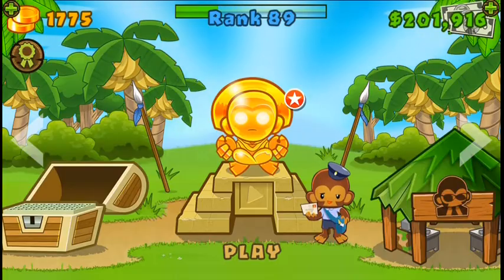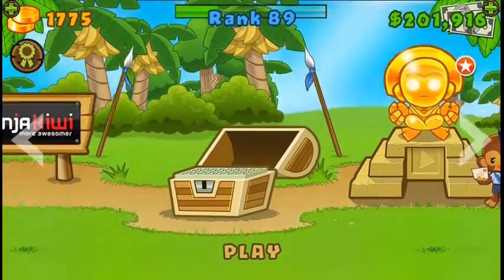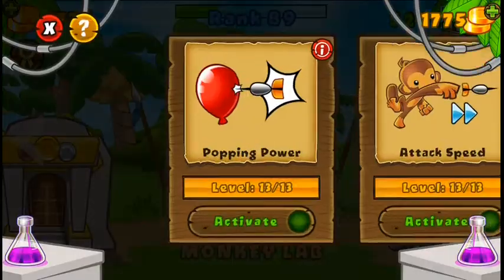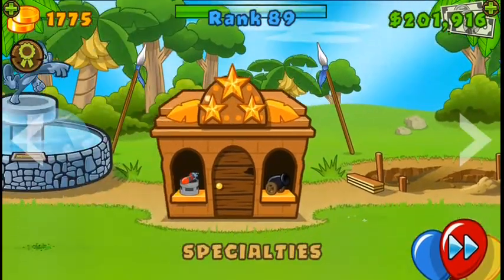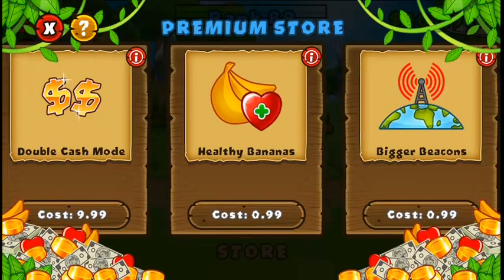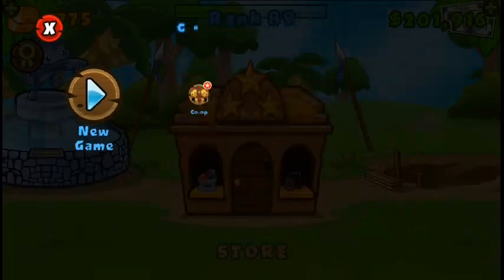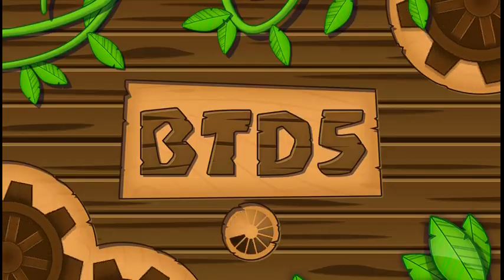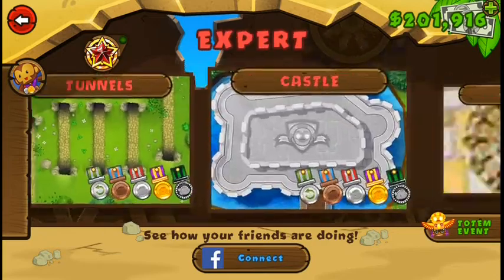Let's continue with the updated Nalps series, a series where I'm going to do all the tracks in Impoppable without using offensive special agents, no lap upgrades, no special buildings, no injections, and no premium, especially double cash, healthy bananas, and bigger beacons. So let's continue with the expert maps. Now is the turn for the third one, that is Castle,